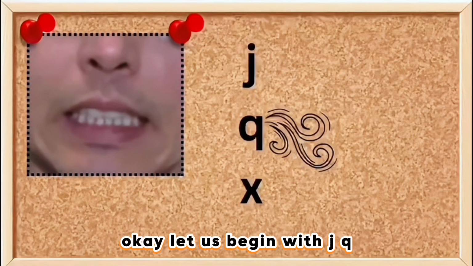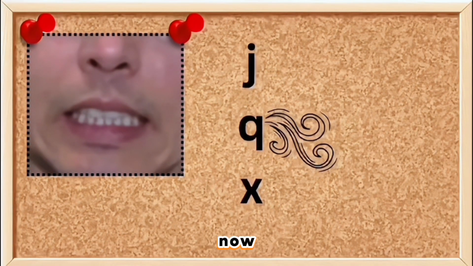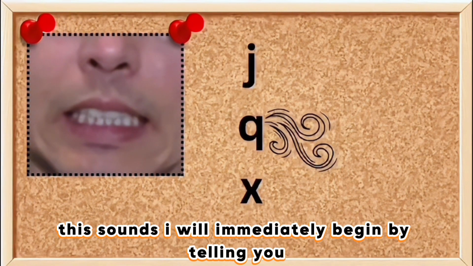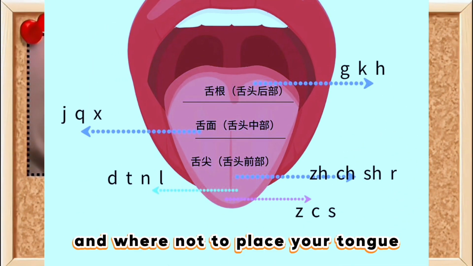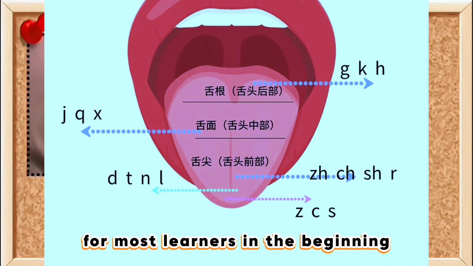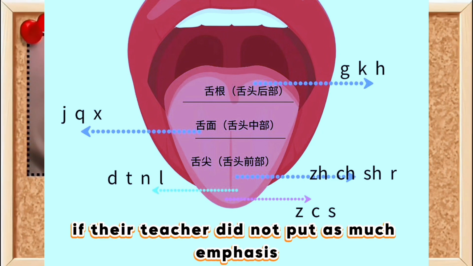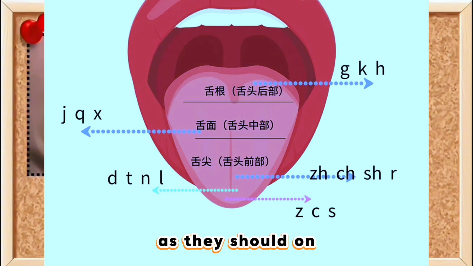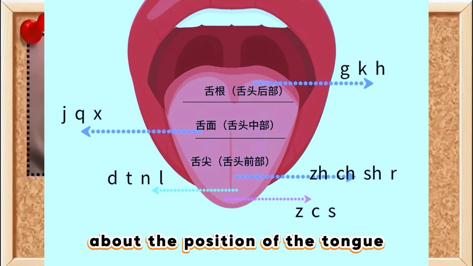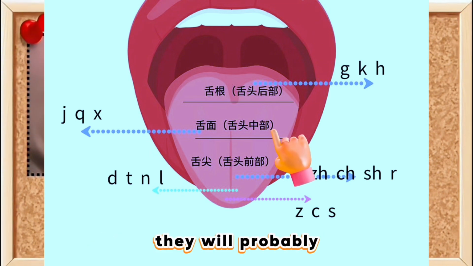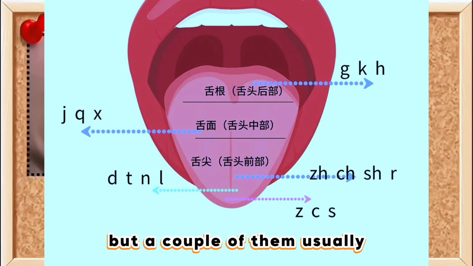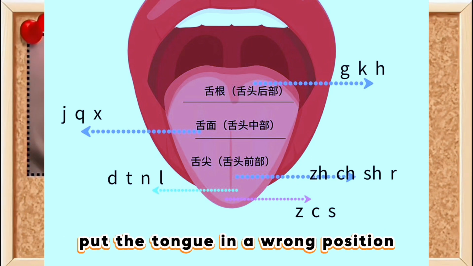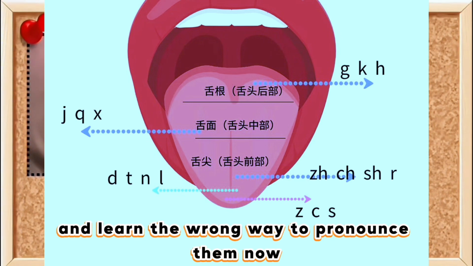Okay, let us begin with ji. Now, these sounds, I would immediately begin by telling you exactly where we're placing our tongue and where not to place your tongue. For most learners in the beginning, if their teacher did not put as much emphasis as they should on telling the students about the position of the tongue, they will probably just try to imitate what the teacher is saying, but a couple of them usually put the tongue in a wrong position and learn the wrong way